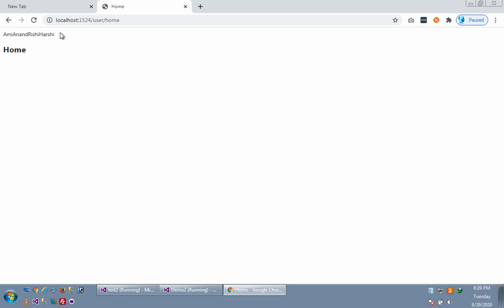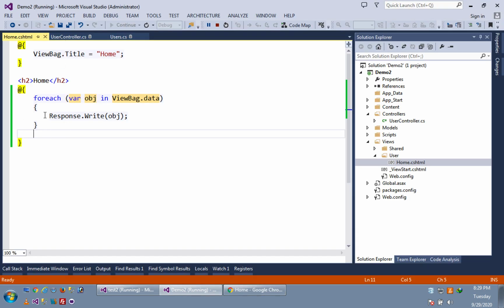Now one more thing. We can write any HTML code inside our Razor code. It is not like our Razor curly braces start here and end here, so that we cannot write HTML here. We can write it. I am showing you how. I am using the paragraph tag of HTML.